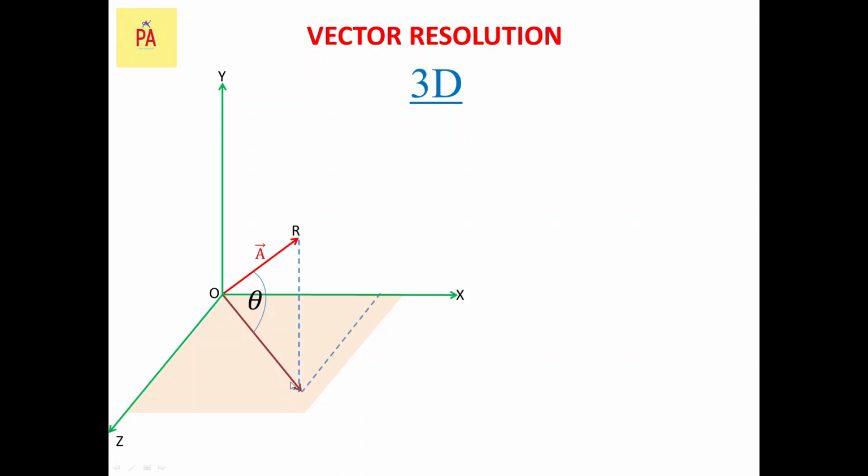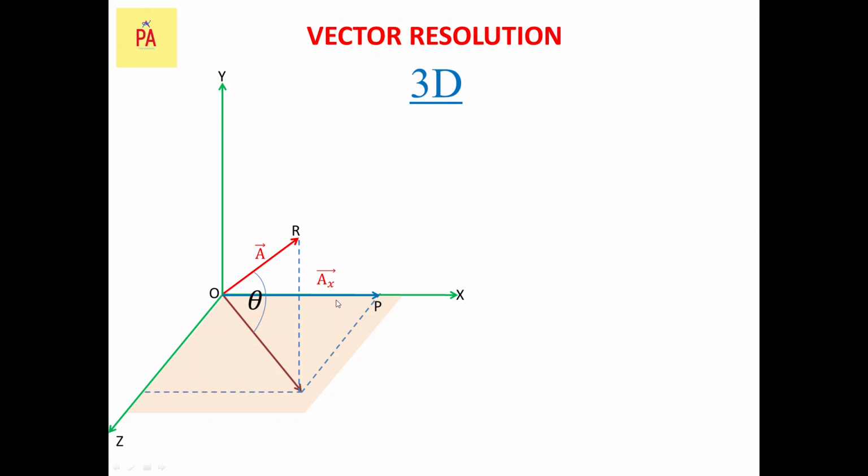Now from the projection we'll drop the perpendiculars on both the x and z axes, and when we drop a perpendicular on the x axis, we'll also draw the vector along the x-axis. That's what we have done in the 2D case. Here we have drawn the vector, and this blue colored arrow is your vector along the x-axis. The point of intersection is P, and the vector along the x-axis we have considered as AX, the same one, so that you will have an easier way to learn it.